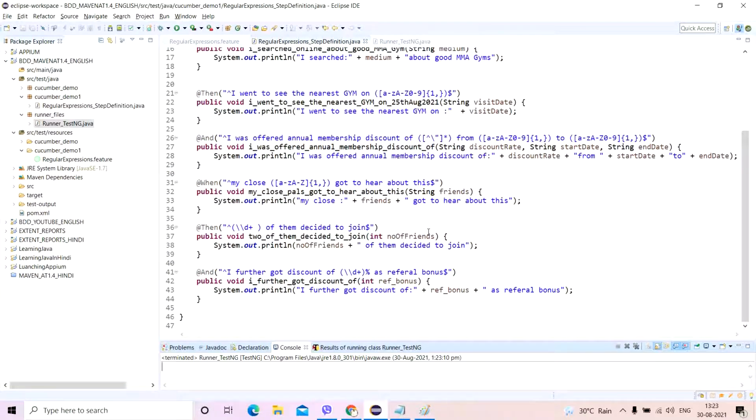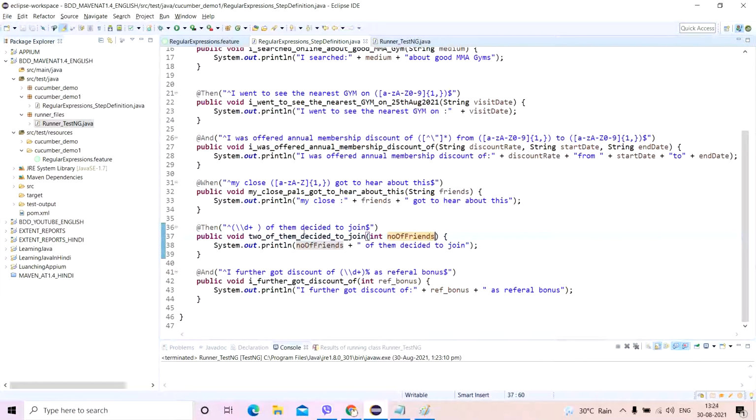Okay, probably it is taking this. Okay, there was some space.